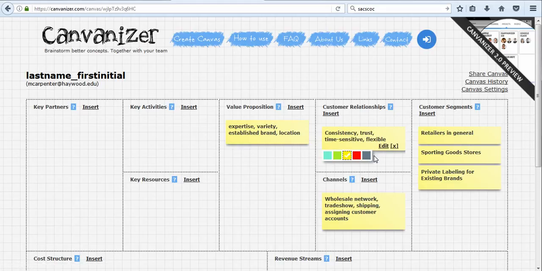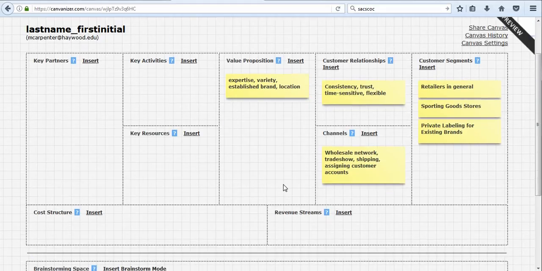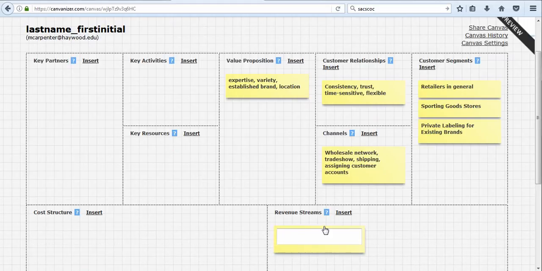But we should already begin to see this whole right side of the canvas connecting. So this is the value I'm creating in having my business. I am delivering this value to these groups of people. I do that through these channels, and in that process I need to be sure I develop these types of customer relationships and that the conditions for these types of relationships exist. Okay, and then that leaves me with revenue streams, which is the last piece of the puzzle on the right